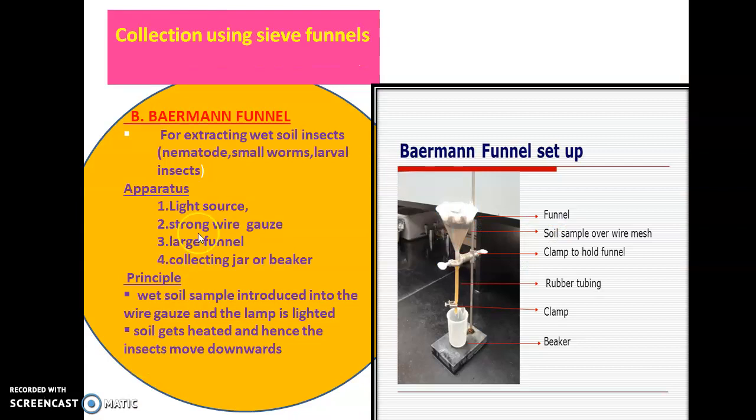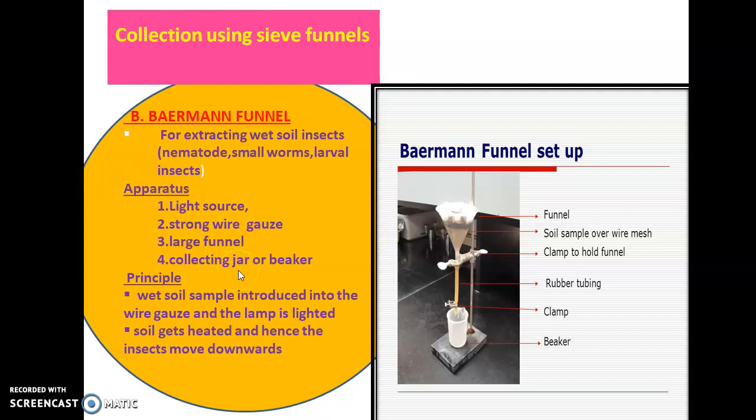And another method is called a Baermann funnel. This is generally used for collecting or extracting wet soil insects. It is somewhat similar to the apparatus that we discussed earlier, and it is generally used for extracting wet soil organisms, such as nematodes, small worms, larval insects, etc. Here the apparatus is also somewhat similar to the previous one. It has a light source, a strong wire gauze, a large funnel, and a collecting